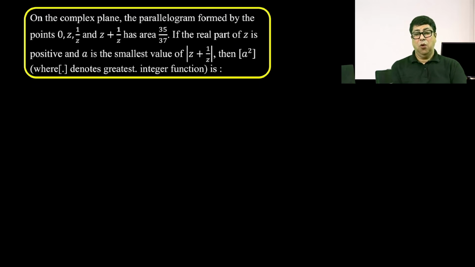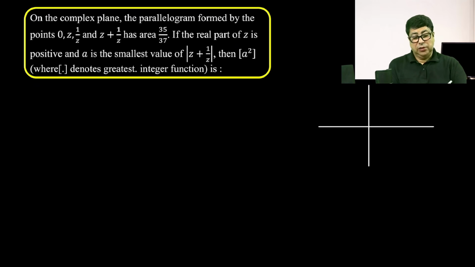The question is telling, on the complex plane, the parallelogram formed by points 0, z, 1 by z and z plus 1 by z has the area 35 by 37. If the real part of z is positive and a is the smallest value of mod of z plus 1 by z, we need the value of a square. Okay, so what we'll do now? Now let us